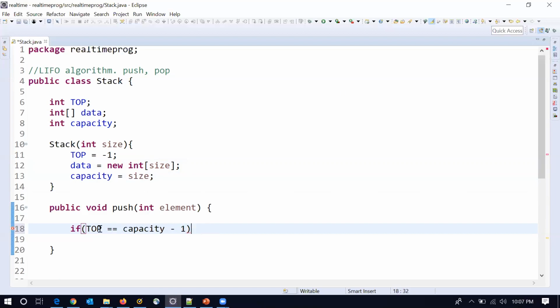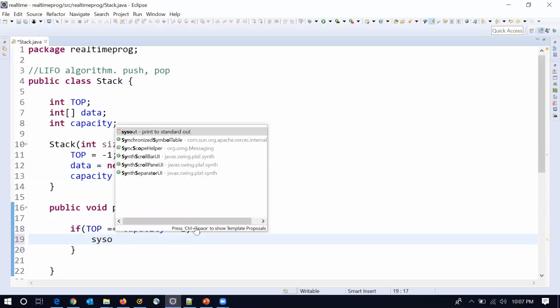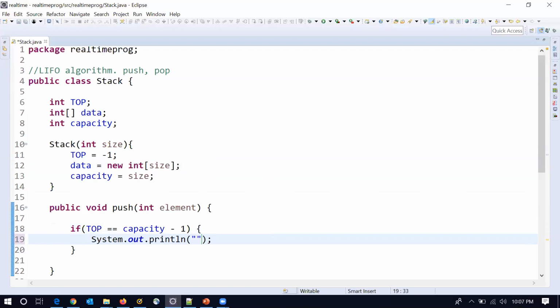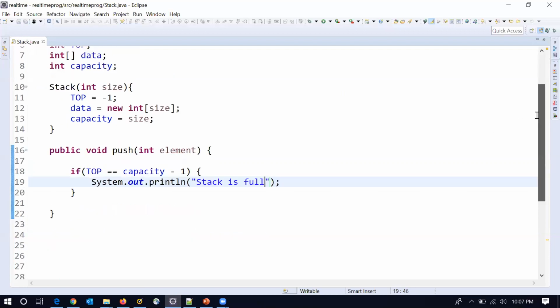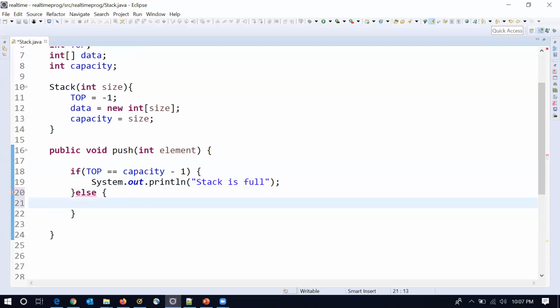If top equals capacity minus 1, then we'll say the stack is full. Else, if the top is not matching the full size, now we can allow the element to be inserted in the data.